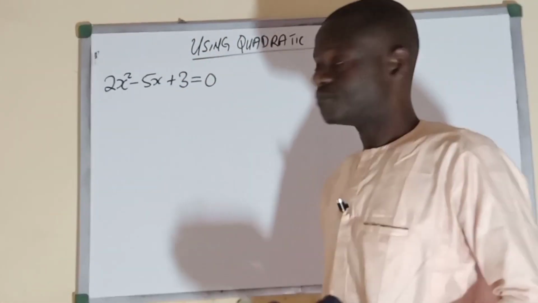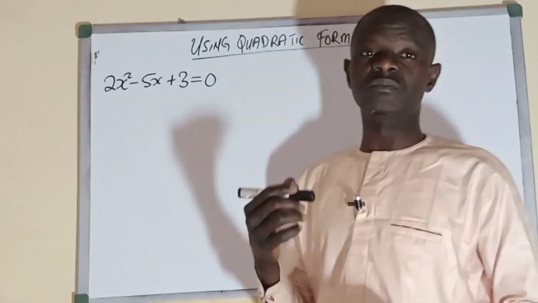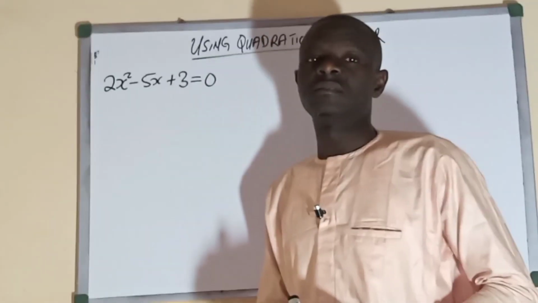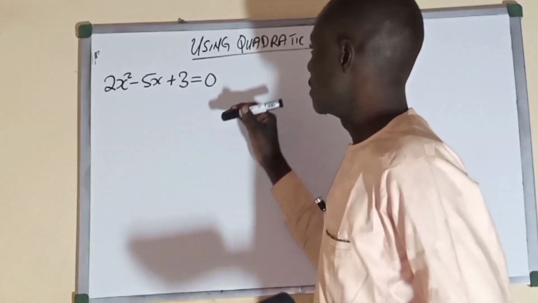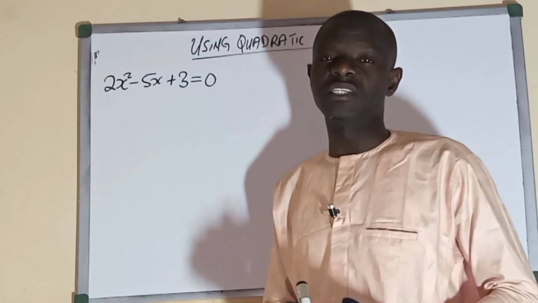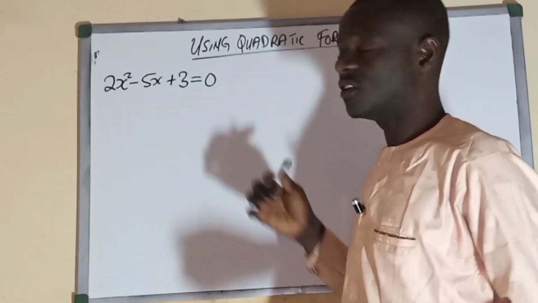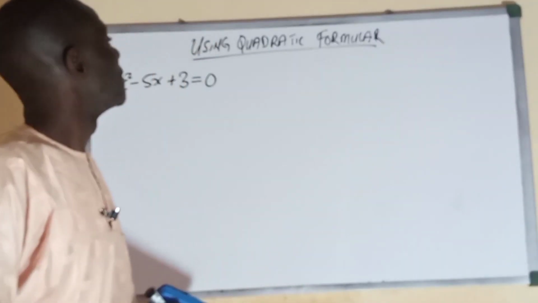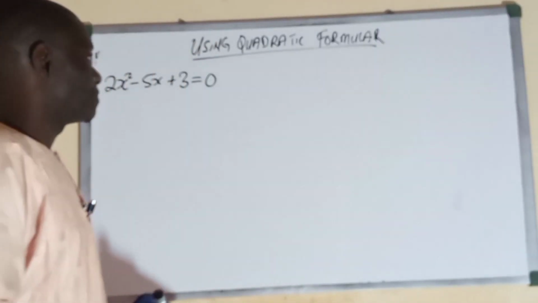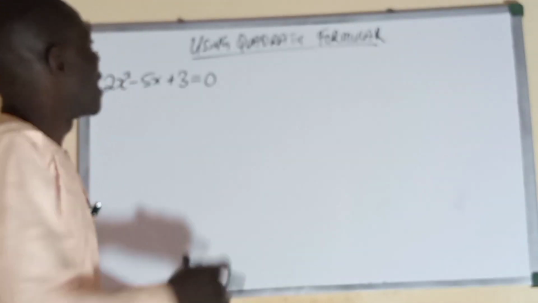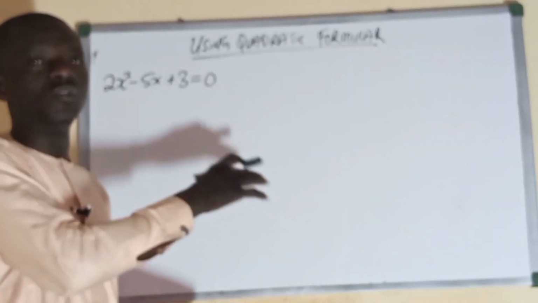There are some quadratic equations that cannot be solved using factorization. So those types of quadratic equations that cannot be solved using factorization, we can use a quadratic formula to solve. So now we are going to see how we can use the formula to solve this type